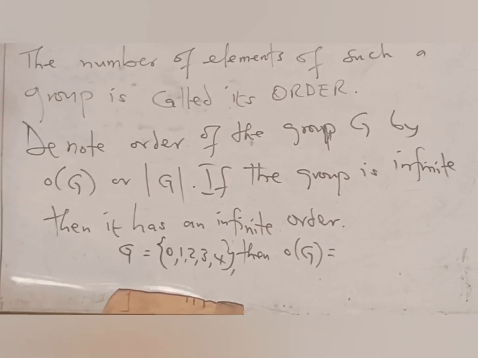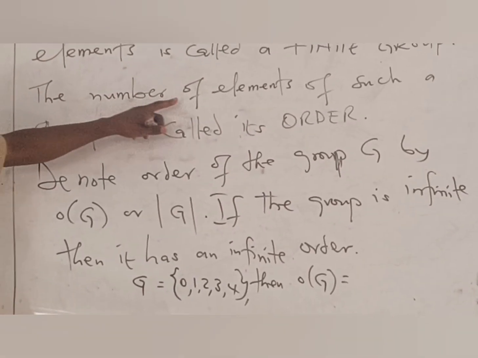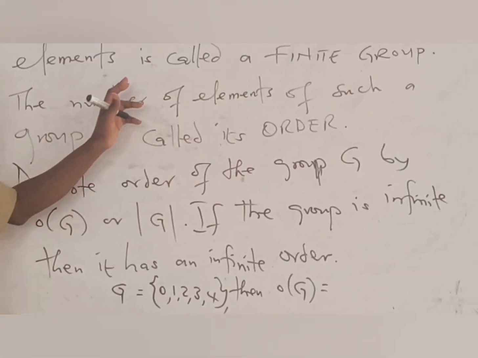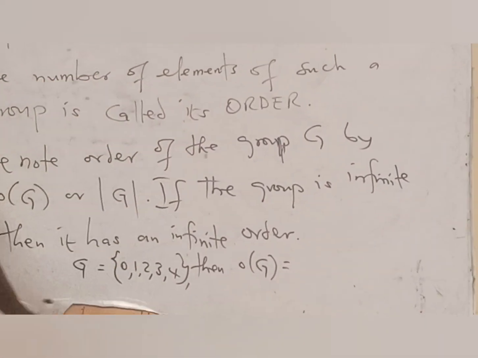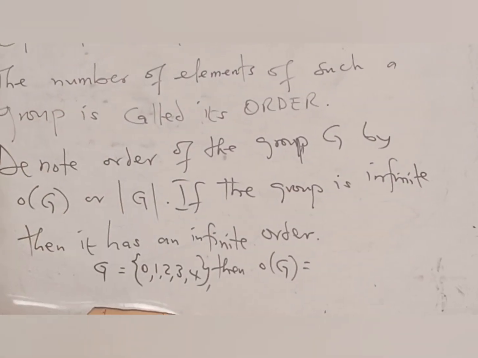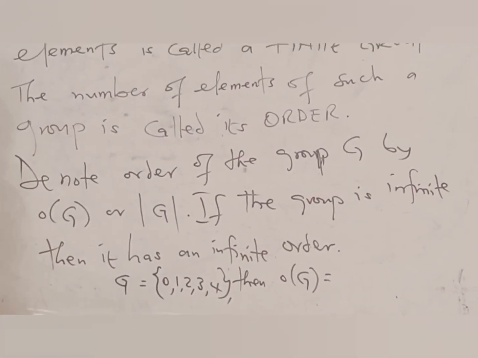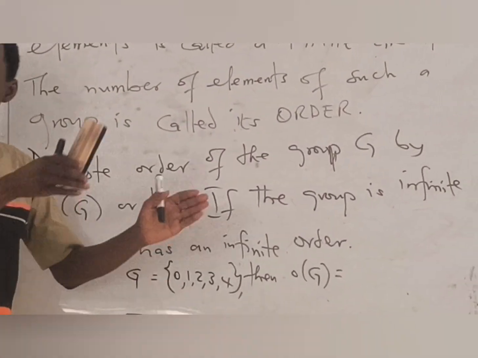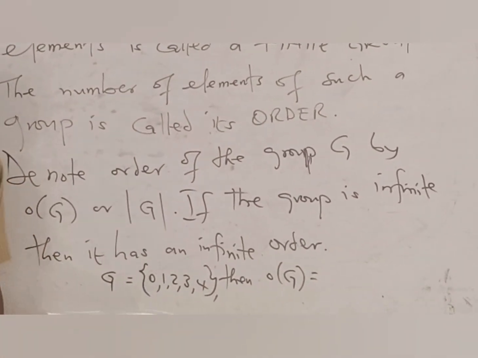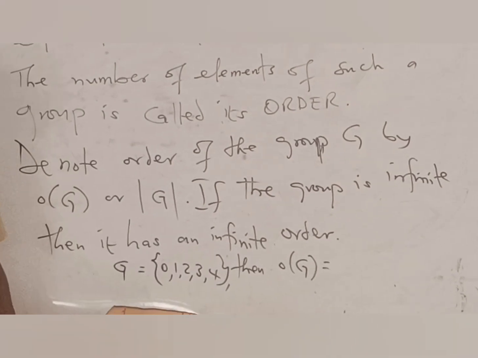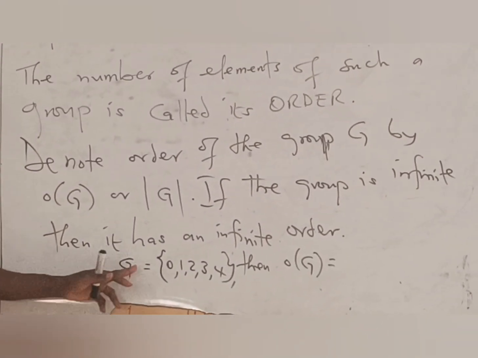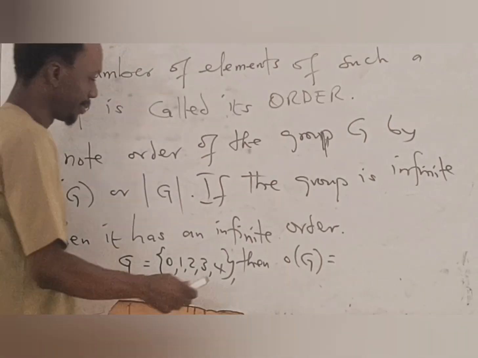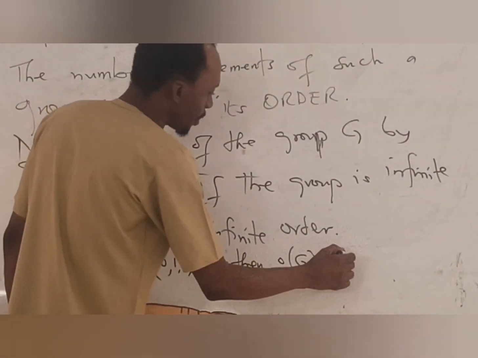So we said what? The number of elements of a finite group, a group which has a known number of elements. There are 10, there are 20, there are 50. Is that the meaning? Yes. So the order talks about the number of elements of a given group. Are you okay? So now you have been given this group A. These are the elements. What's the order? So the order